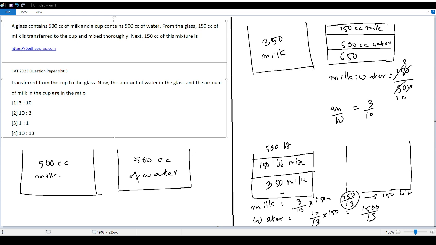So now the question is, now the amount of water in the glass and the amount of milk in the cup in the ratio. Okay, the amount of water in the glass. So what is the amount of water in the glass? 1500 by 13. Fine. And the amount of milk in the cup. So water is 1500 by 13 in the glass, and the amount of milk in the cup. So what is the amount of milk in the cup? So milk is 3 divided by 13 into